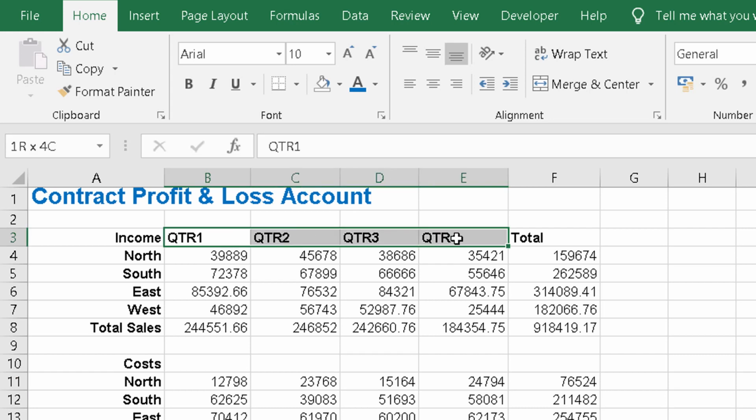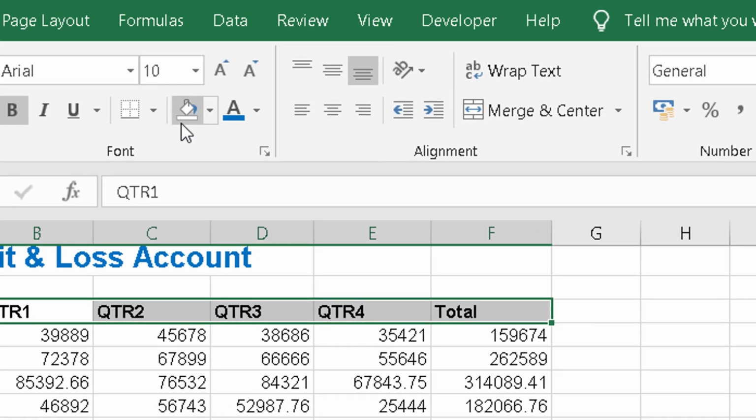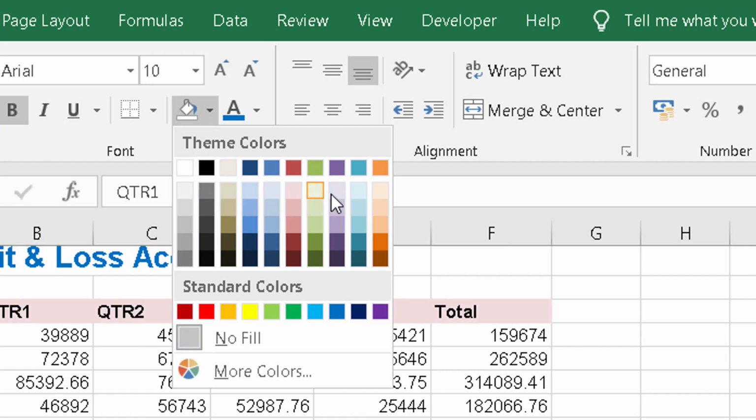So we can drag our mouse over these, and this time instead of changing the font colour, we can change the background colour, which is denoted by this little paint pot tipping over. If we click on the drop down, we can then choose one of the colours so it fills in the background. So for this one we could choose